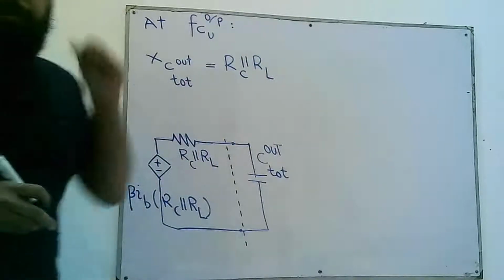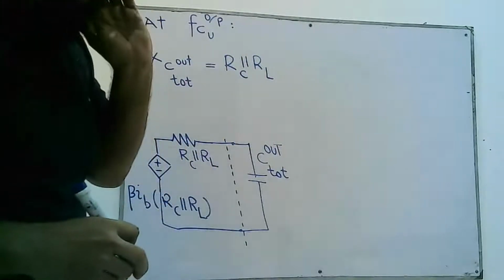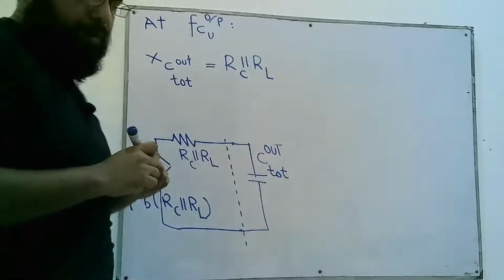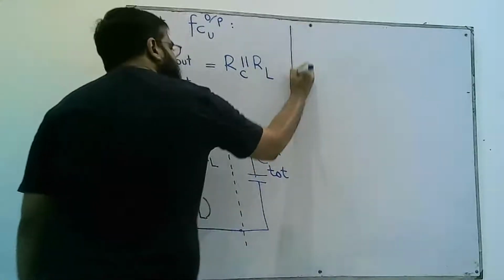So at FC, these two are equal. So therefore FCU can be written as